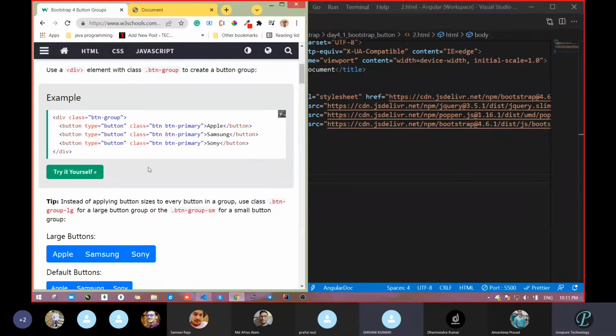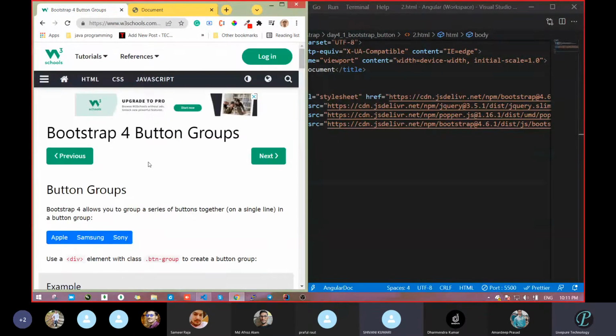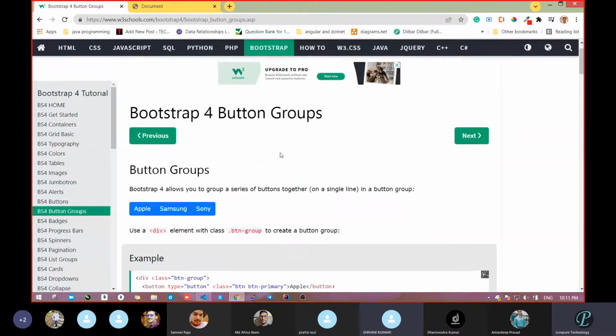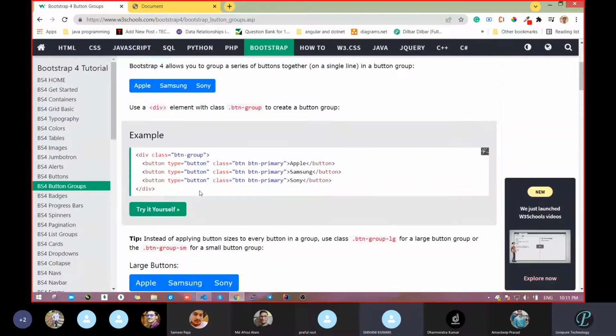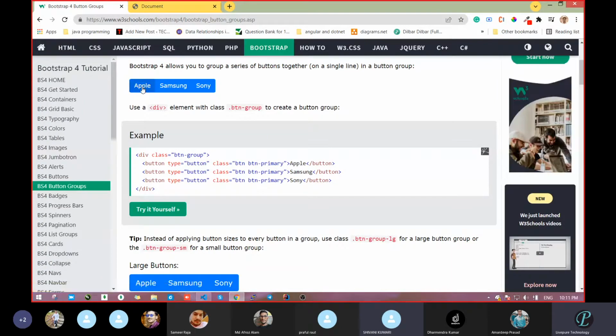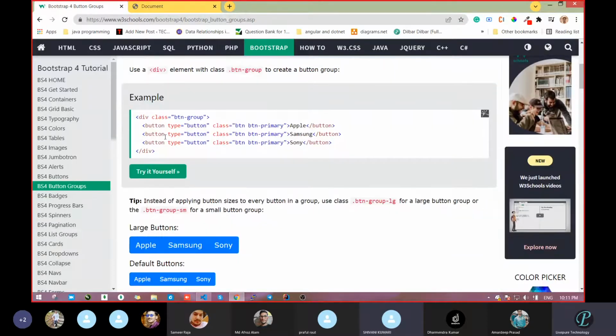Okay, so now what we are going to do is group the buttons together. I will not explain much in this concept. See, previously we could take a single button, and you can think of a drop down, which we had taken previously. Drop down means many things will be nearby. Now one button is Apple, one is Samsung, and one is Sony. These are all three brands.